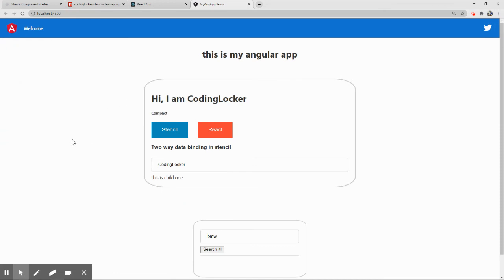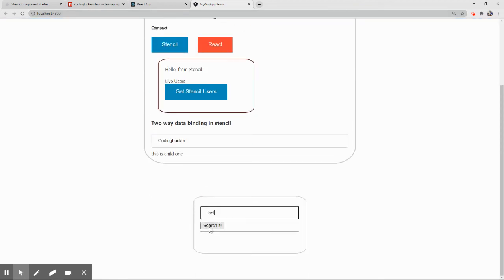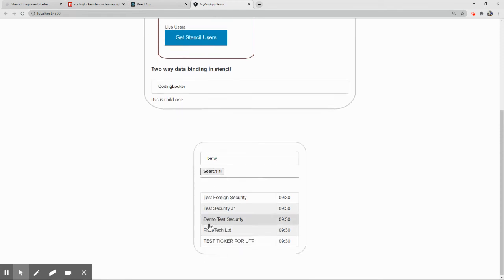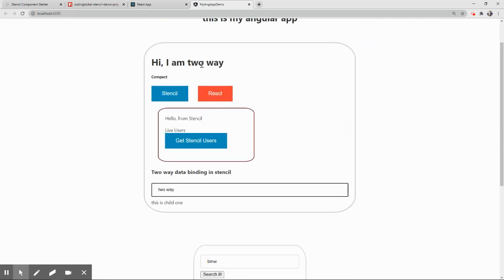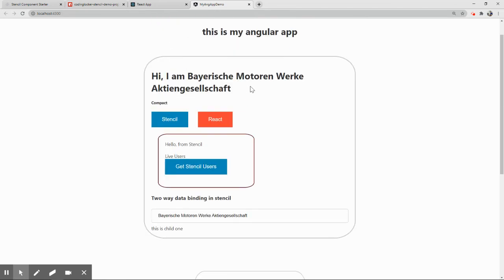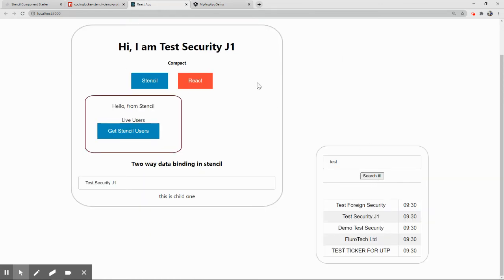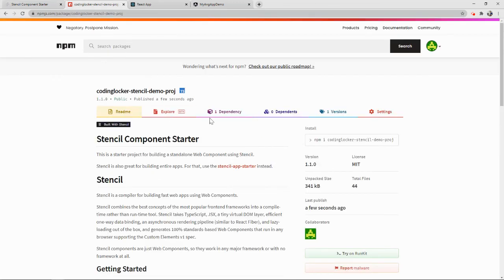Here we are. So this is the Angular application running at localhost 4300, and we have our components, right? If I click here, I'm successfully able to call APIs. If I click any of the controls, then I can see two-way data binding is happening, right? You can see all this is getting updated here. If I refresh, then this is also getting updated. So everything is working fine for Angular, all working fine for React, and all working fine for the Stencil web component which we have created and exported to npm.